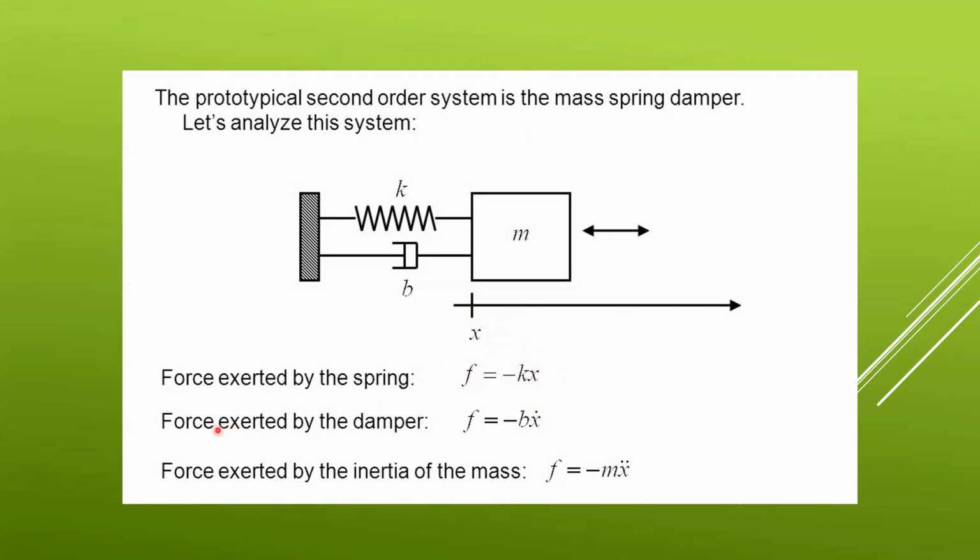And then we have the force exerted by the damper, and the force exerted by the inertia of the mass. So we can see from here that we have 1, 2, 3, and 4